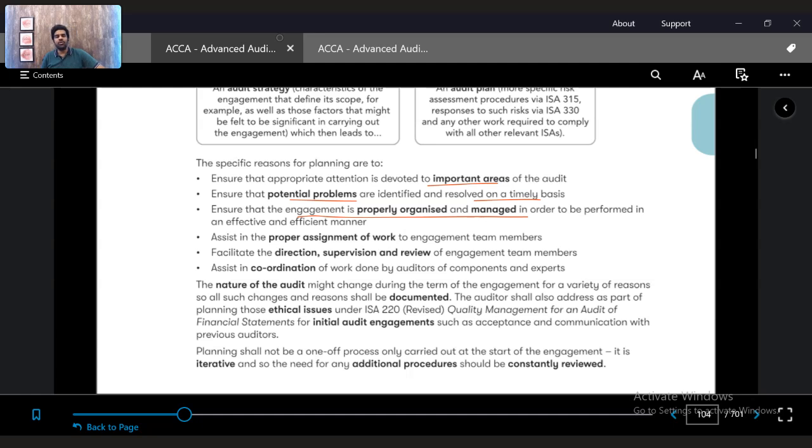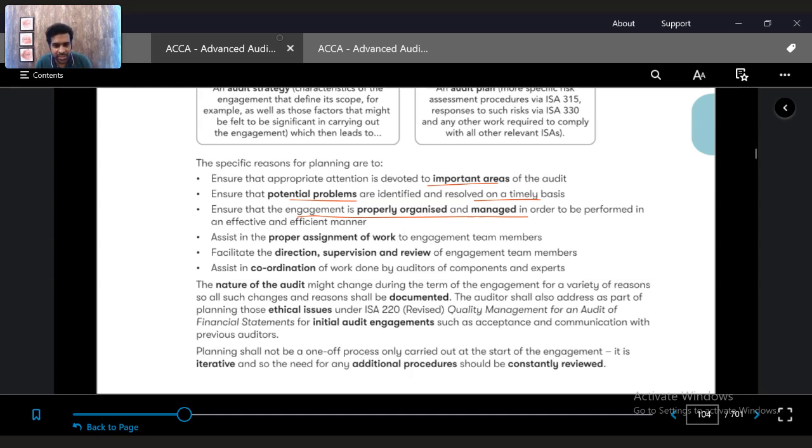Let us say, very simple, you want to pass the paper and you just have one attempt. Like an auditor does not get multiple attempts. He can't give an inappropriate opinion one time and correct it the next time. No. If he sent out an opinion and it is wrong, he's wrong. Just say that for ACCA exams, you just get one attempt to pass AAA. Will you say, you know what, I'll relax, I'll not study, I'll take my time? No, right? You will plan.